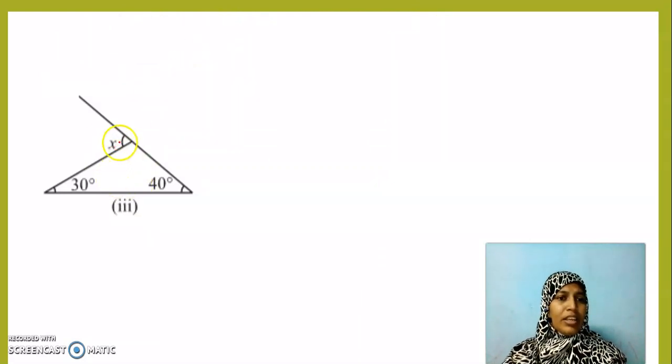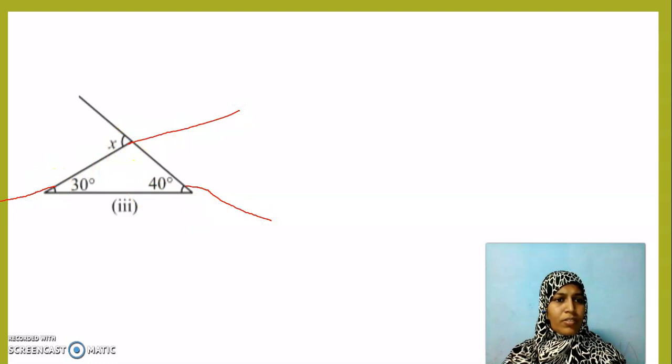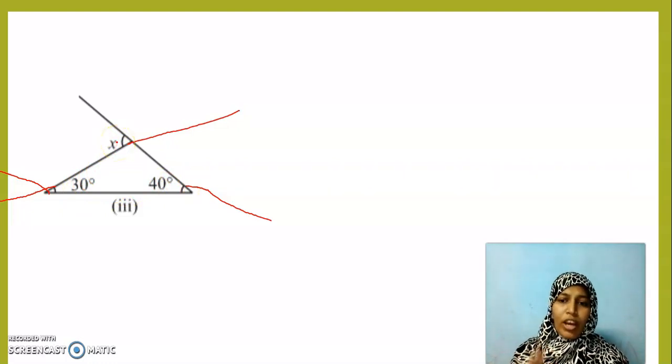Yes, here it is. This is the exterior angle. Even if you have many lines like this, you should not get confused. So many lines are here. Which are the interior angles for this x? Just see the opposite side for this angle. See here, opposite side. There we have 2 angles, no? Those are the interior opposite angles for this exterior angle. Even if you have many lines in that triangle, you should know how to identify the interior opposite angles for the given exterior angle.